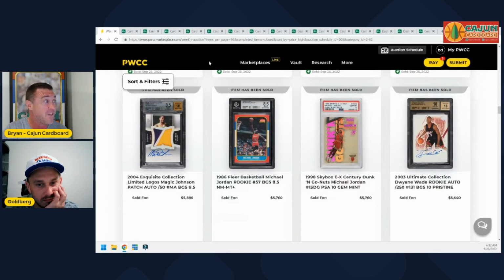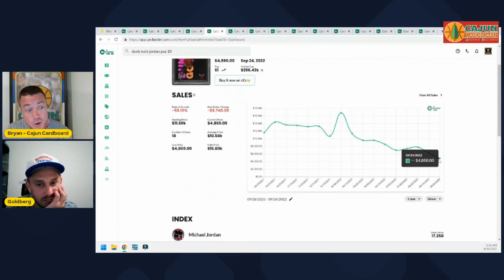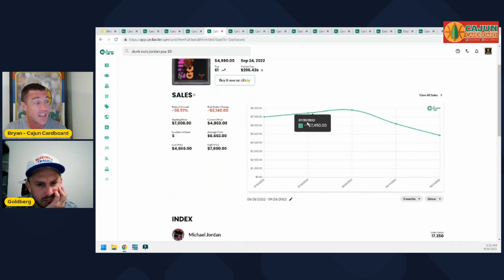The card sold for $57.60. Let's find it. The last one sold for $48.60. So this yellow one sold for $900 over the last comp. I've got the last year pulled up. Let's look at the last 3 months. That's probably more indicative. It's a pop 61, but this card goes all the way back up to $5,700, which I thought was a big jump. Maybe this was just the steal of the century. I don't know, but